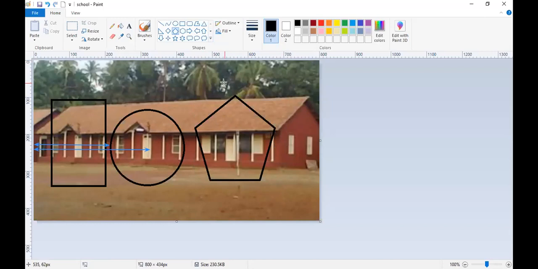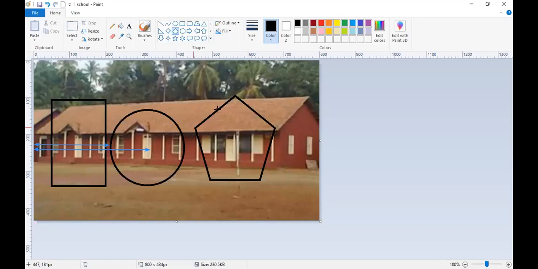But there is a sequence to write the coordinates of all vertices. You have to go clockwise, the way a clock moves. You start from here and you end over here.